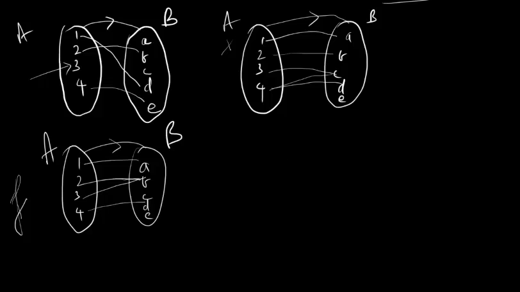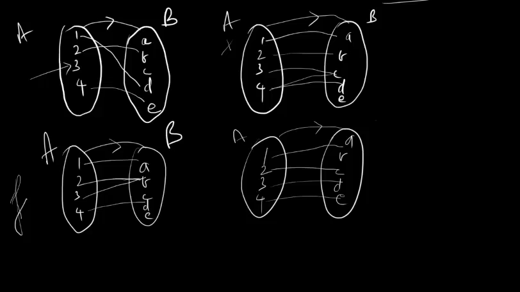Now let's look at the last example. Here again the connection is from A to B. However, the connection seems to be fine. The first condition and the second condition have been satisfied, and hence this now becomes a function. Okay,